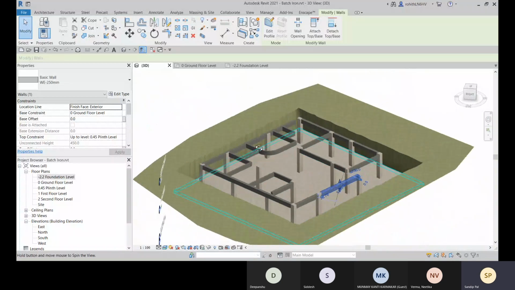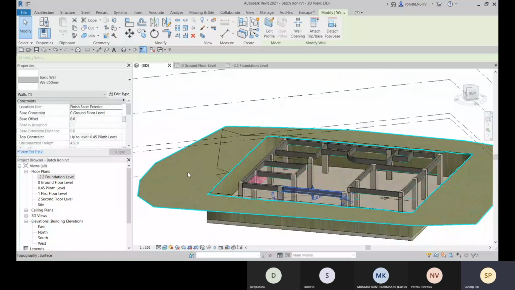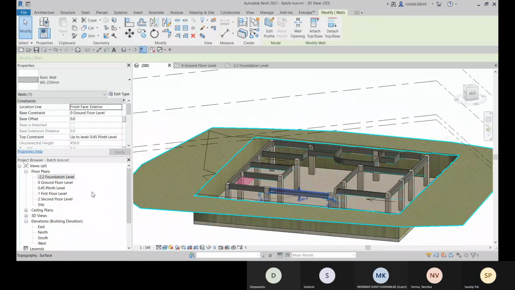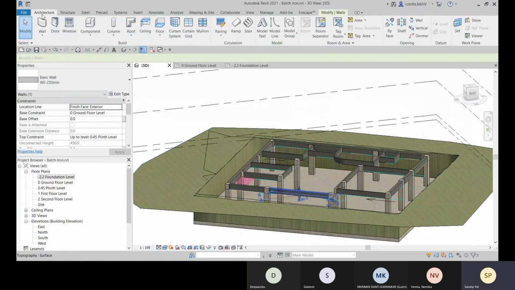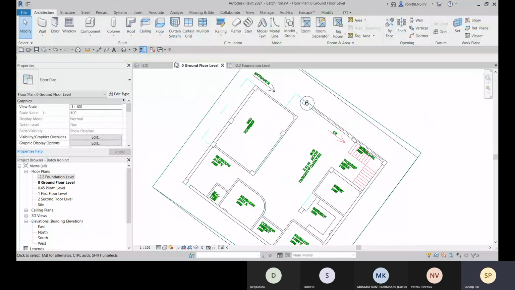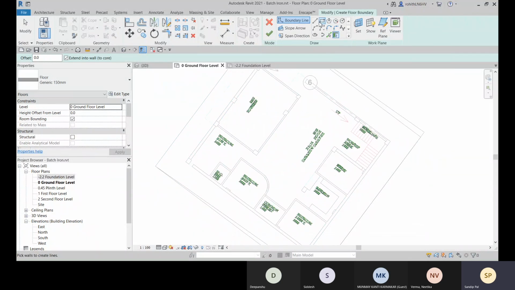Let's place the floor over there. Okay. For that, go to this architecture tab, and here we have this floor option. Okay, so that will be placed on the ground floor level. Here it will be placed. And now let's go for this floor architecture, and then we can choose the pick wall option, or else we can go with this draw line.